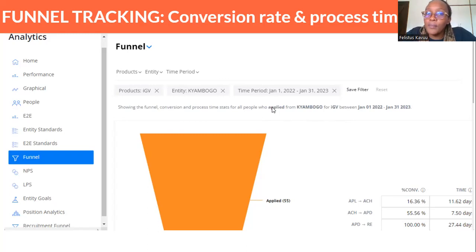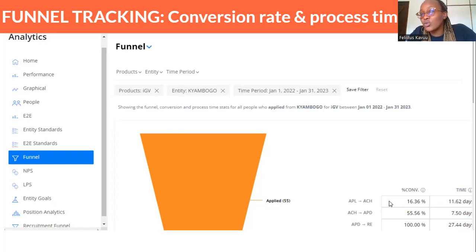This you can do maybe when you want to compare with your VP, like we had this last year, and yours is here this year. Maybe they've improved, they've dropped, whatever you want to use this information for. You're able to see the process time. So for example, you can see here, the conversion rate for this LC from applied to achieved is very, very low. So you as LCP will know, okay, approved to realized is good to go. Accepted to approved, not at 100, but it's good enough. It's slightly above average, but still above average. But when you look at applied to accepted, that's where you see as LCP that the gap comes in.